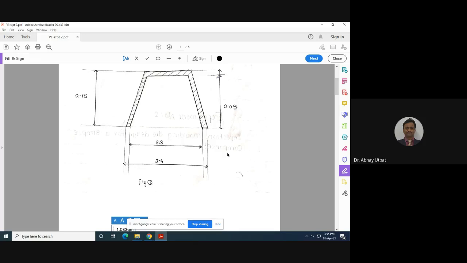In that mold plate, you are going to make two holes. The hole diameter, that is the inside diameter, will be equal to the OD of the cavity, the component which you are going to manufacture. So one more plate. Whatever compass box with two holes I told, that is the female plate.